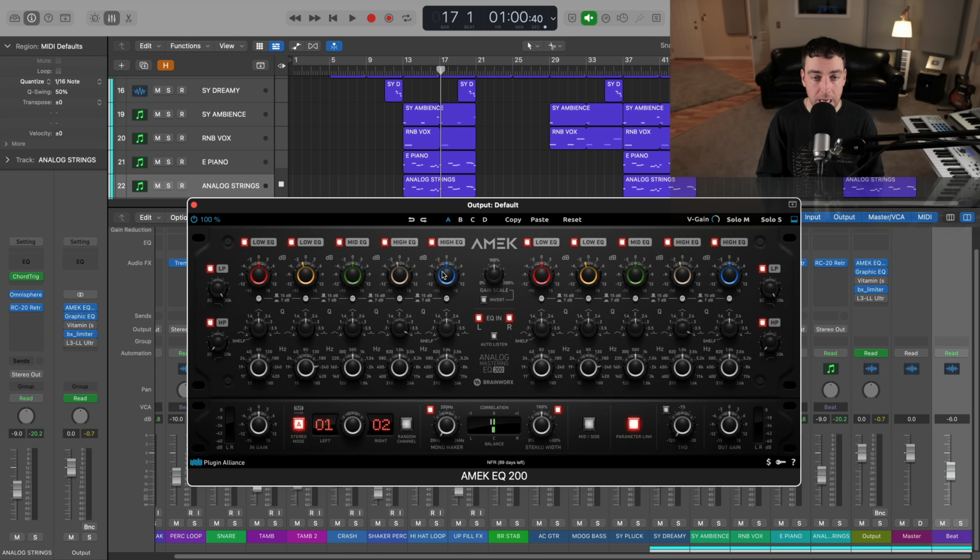Now let's go up to this high EQ. This AMEK has a great top end to it, but I'm going to go ahead and put this somewhere around 14K. That's where I usually like to boost. If you get much higher than that, it's really just a lot of air. And if you go much lower than that, you can start to bring out some of the harshness. So I want to be careful of that. I'm going to leave the Q where it is, and let's bring this up.